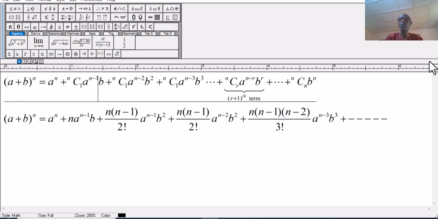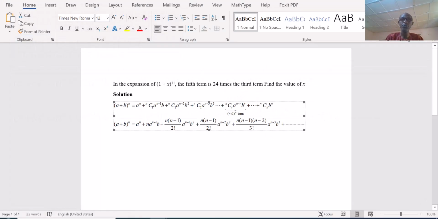For our example, since the question starts with 1 plus x and we are given that the fifth term is 24 times the third term, it's easier for us to start